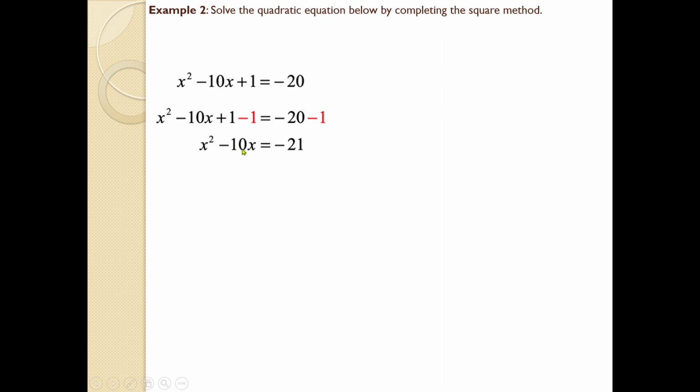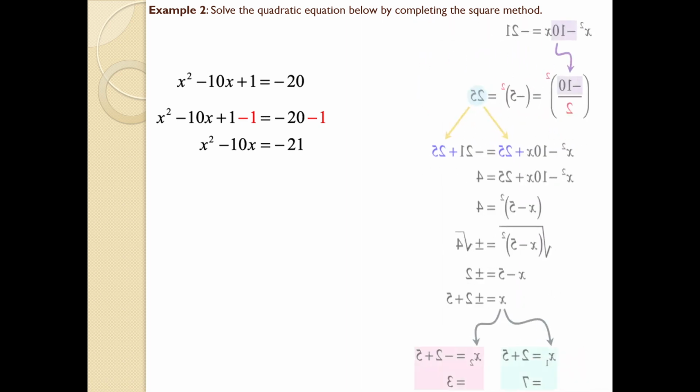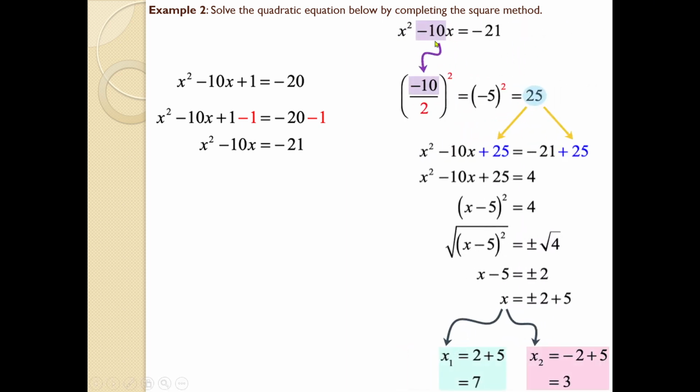So x square minus 10x equal to minus 21, with this one shifted to the right hand side. Now next, what is the step that has to be followed? You need to divide this value by 2 and take the square of that particular number. So 10 by 2 you will get 5, the square of 5 is 25. See, minus 10 by 2 you will get minus 5. Remember the sign of the numbers, it is very relevant. So minus 5 raised to 2 is 25.